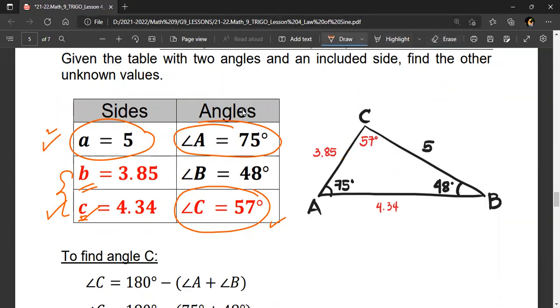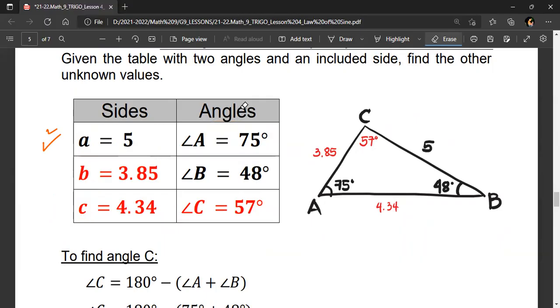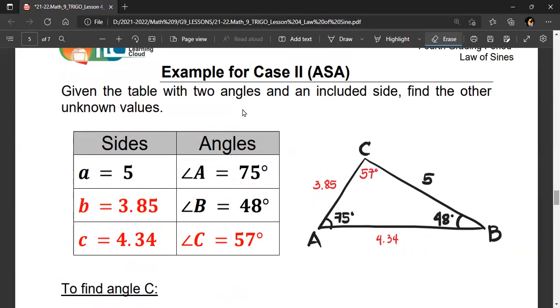So there you have it, we have completed the oblique triangle: angle A, angle B, angle C, complete as three angles. Also, a triangle has three sides, therefore the opposite side of C is complete, the opposite side of A is also complete, and the opposite side of B is also complete. Therefore, the lesson in sine law is that you can find the sides and or angles of an oblique triangle if it is included in case 1, case 2, and case 3.